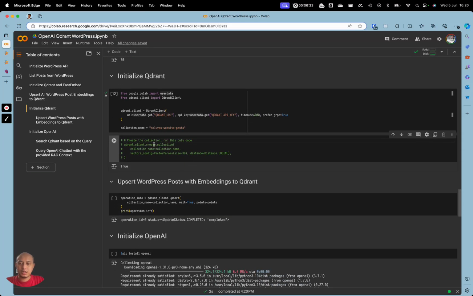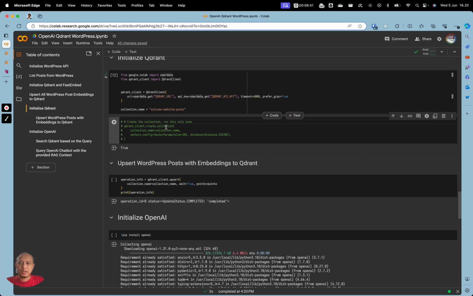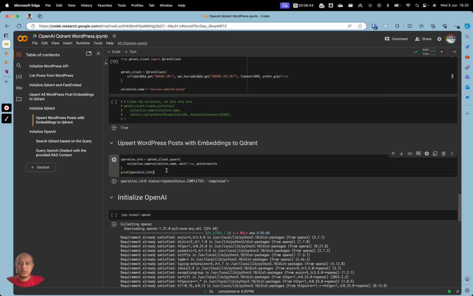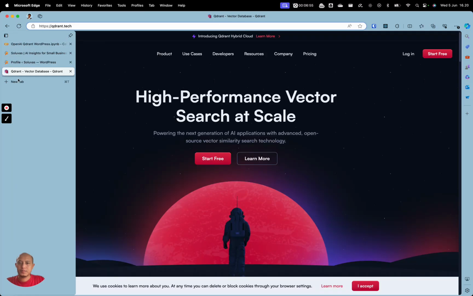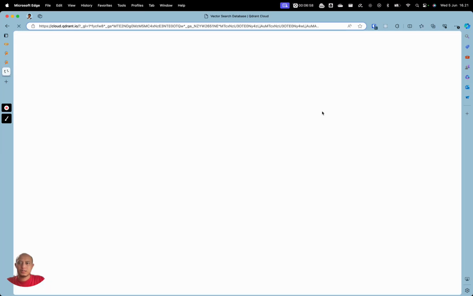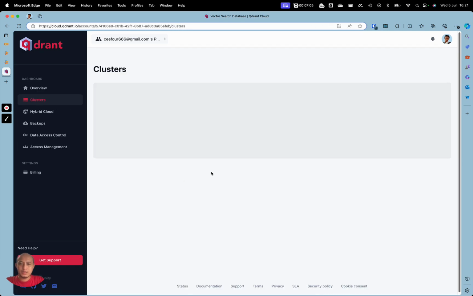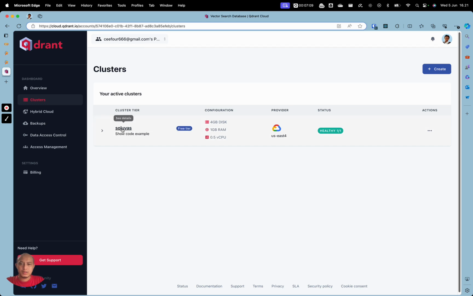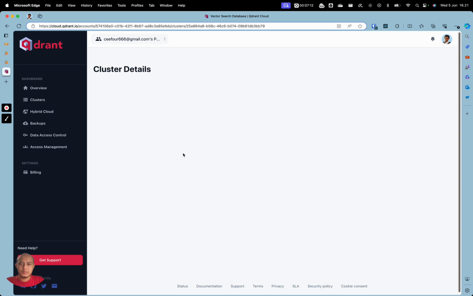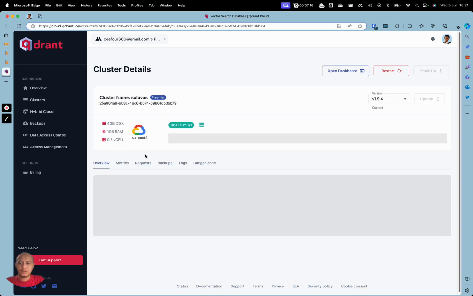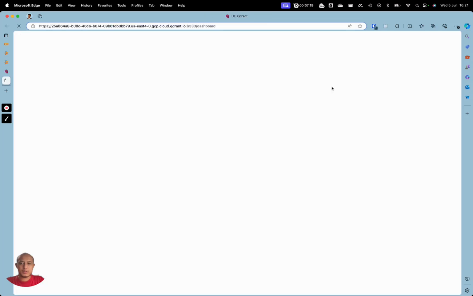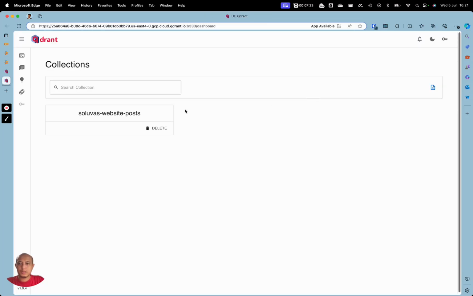In this case, if you don't have a collection, you need to create a collection, but in my case I already created the collection, so I will skip this and upsert the documents to Qdrant. And we can check from the Qdrant dashboard.